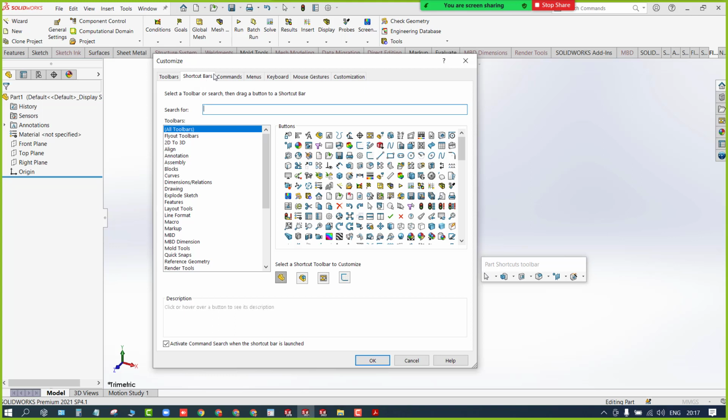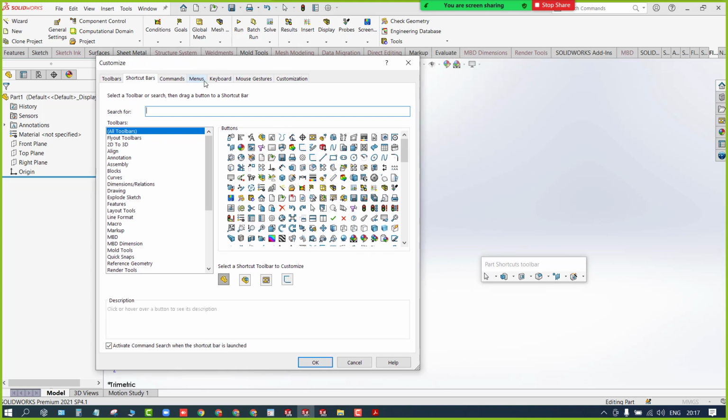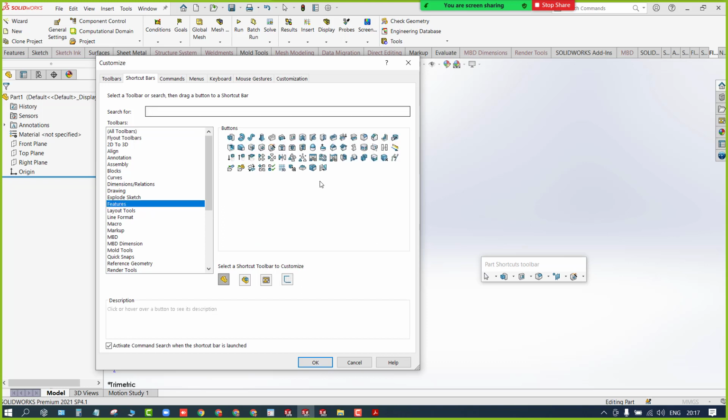So from here you can customize your shortcut bar. Like shortcut bar, shortcut is S. You can write down. So I need the features. So you can switch from here for the features. You can use the search bar also to search a particular command, but most of the tools will be available for me in the features only. I'm gonna just select this features. What and all you need, you just need to drag and drop it. I need the mirror. I'll drag and drop it here.